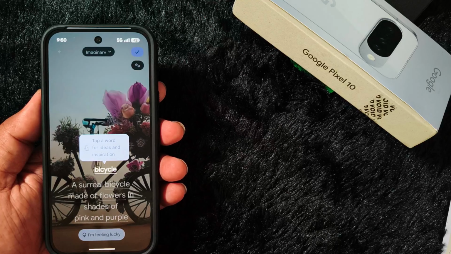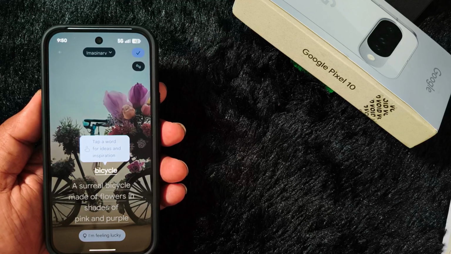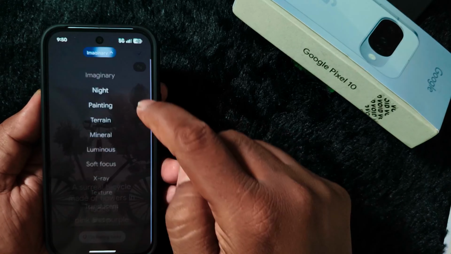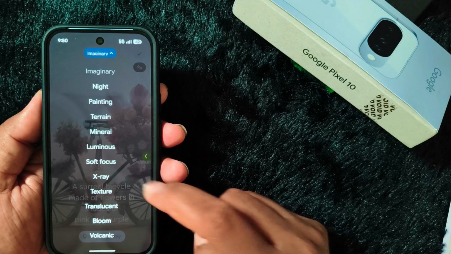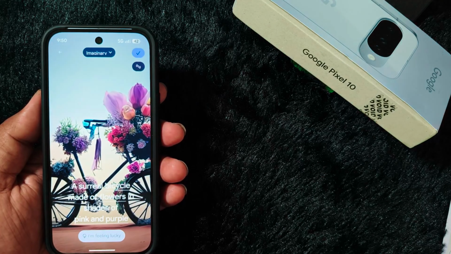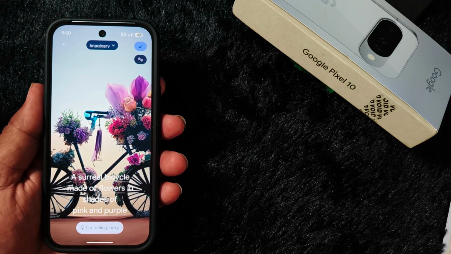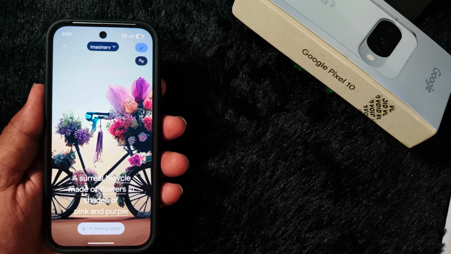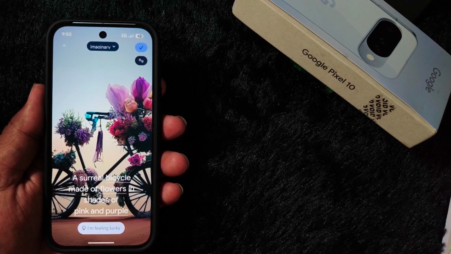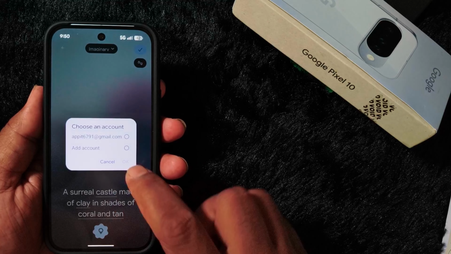Now here you can see tap a word for ideas and inspiration. Here you can also choose from the available options on your device. So we select this option. Now at the bottom you can see the different options. You can apply automatically. I am feeling lucky. Tap on it and it will